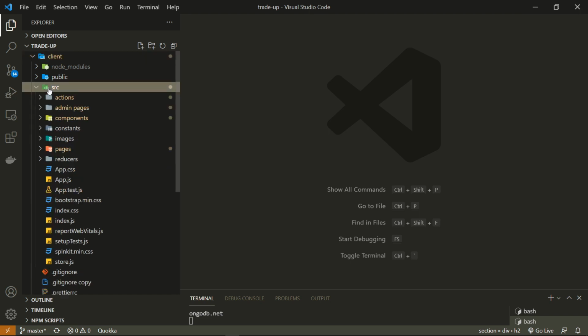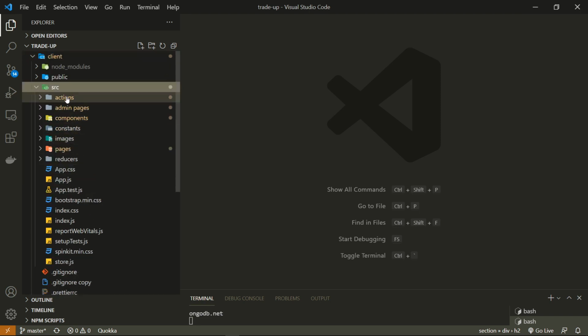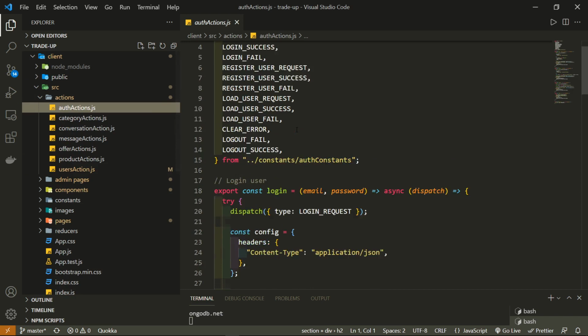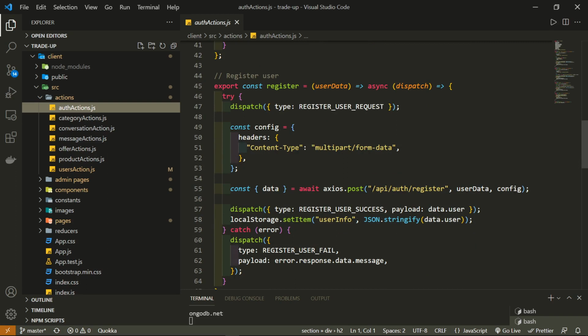If I go to SRC, there will be a number of files or folders. Here is actions, which are the redux actions, all of the endpoints. This is the REST API that comes from Node.js or Express. So it will hit those endpoints, and it will retrieve data. That data is sent